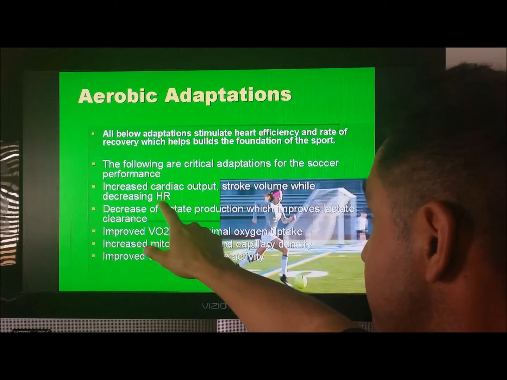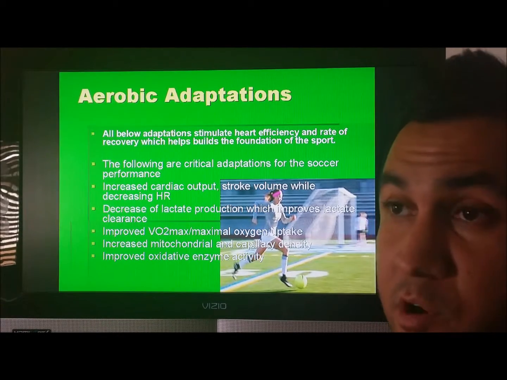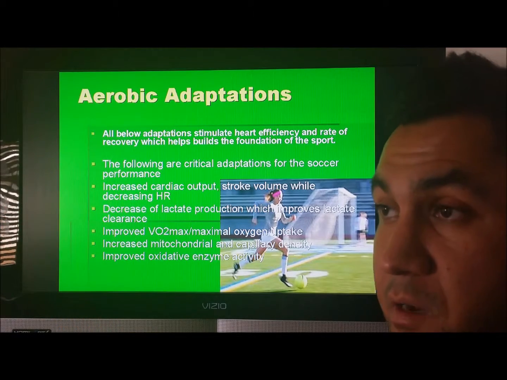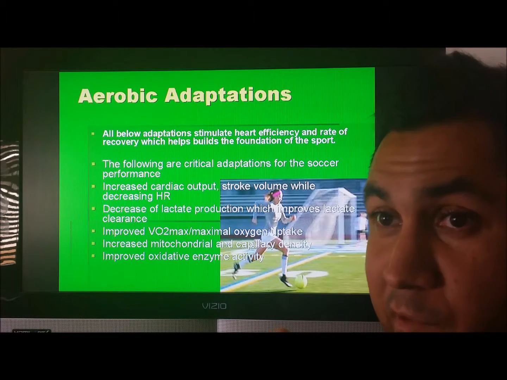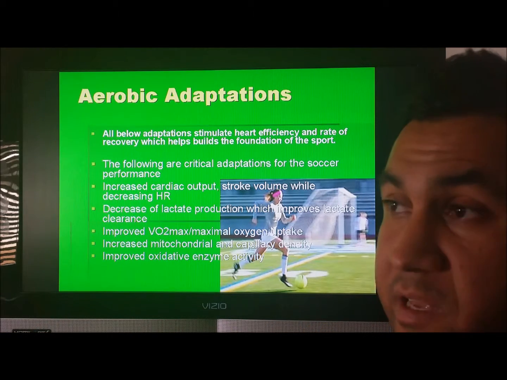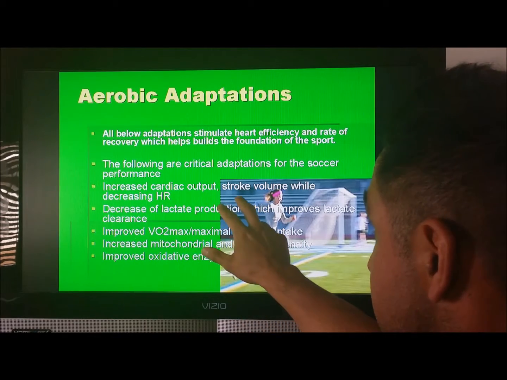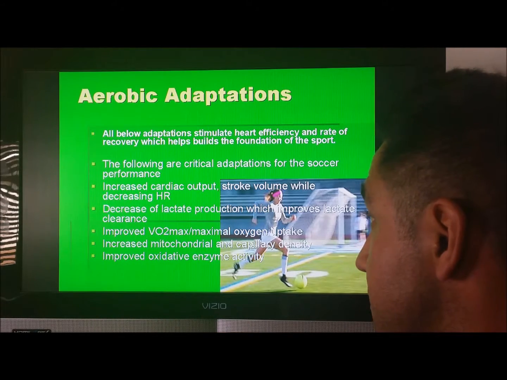So some of the critical adaptations are obviously the cardiac output. So the heart becomes more efficient. What that basically means is that the heart is able to pump more blood with fewer beats, so we can get it throughout the body and oxygenate muscles. So the stroke volume improves, decreasing the heart rate. So resting heart rate starts to drop,